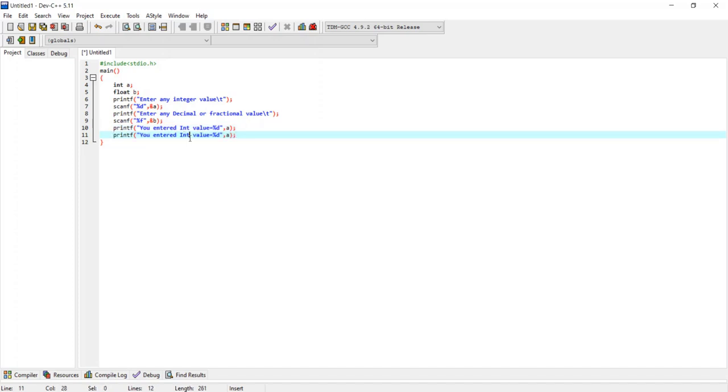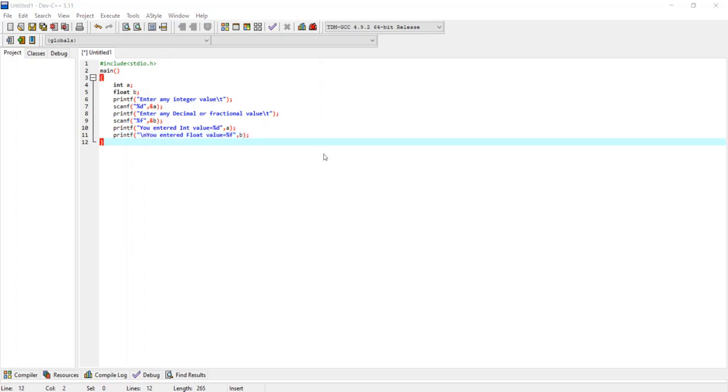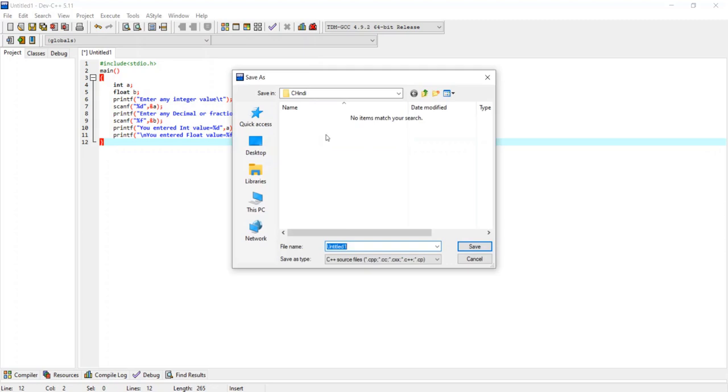and you have entered the float value. Here I'm writing float value, and for that I have to use the %f format, and the value is stored in the variable b, so we have to give the reference of the variable b here. And I want this result to be on a new line, so here I'm using \n. So save your changes here using Ctrl+S and move to your desktop.